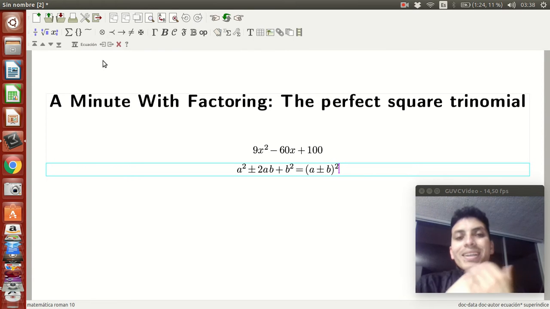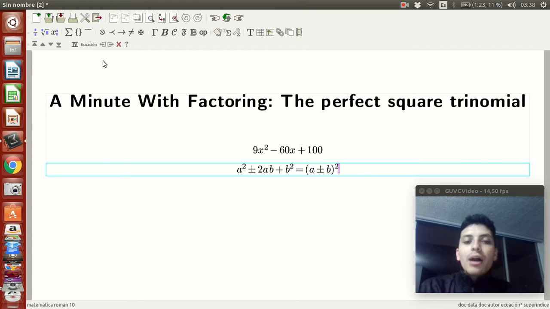So what is my hint for you? My hint for you is that you have to check if you have two squares, and if you have two squares, check the term in the middle. Okay? Again, find two squares in the trinomial, and if you have two squares, take the term in the middle. So, for example,